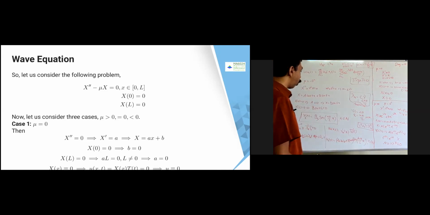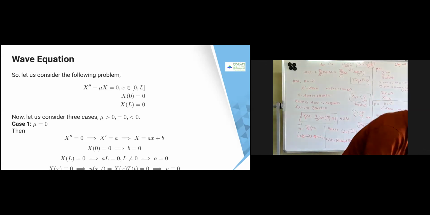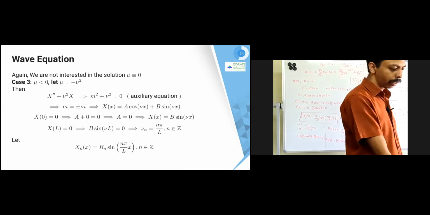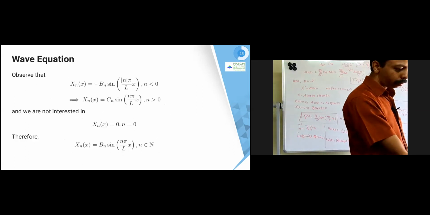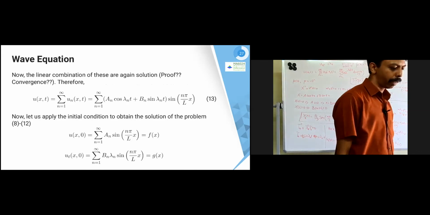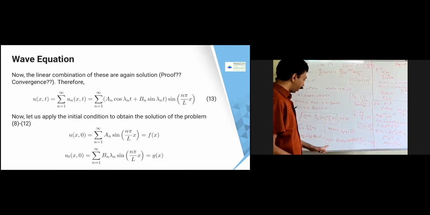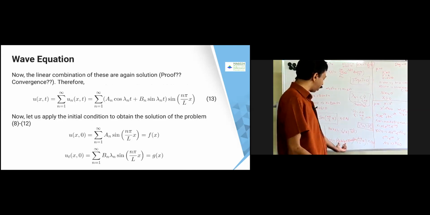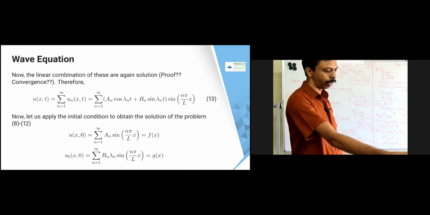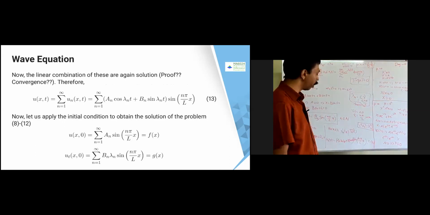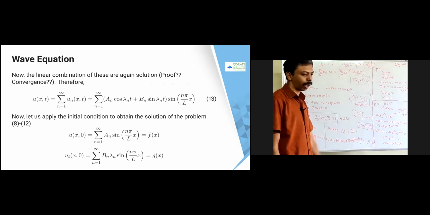So now we are going to do two things. The same thing is going to happen here. You can just see that all the setups are the same, everything is the same except the final thing. It is going to become a n cos lambda n t plus b n sin lambda n t. I just changed over a n and b n. So this is some constant, so we can just use that.